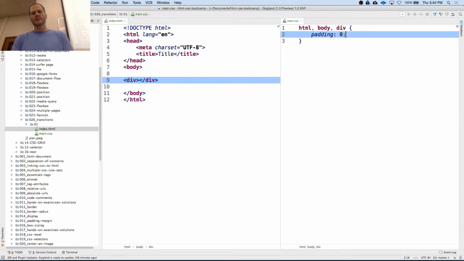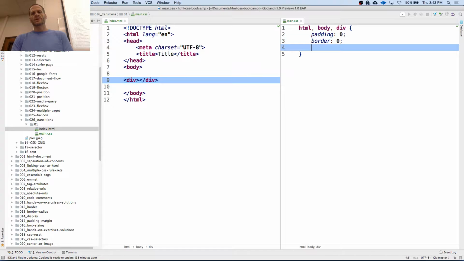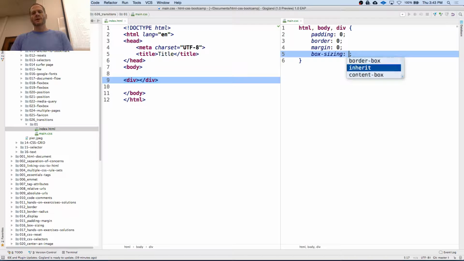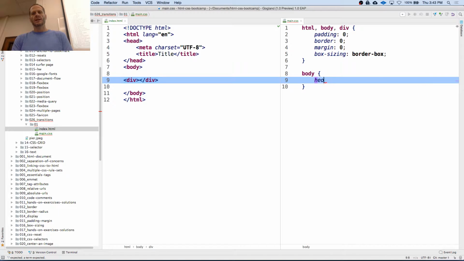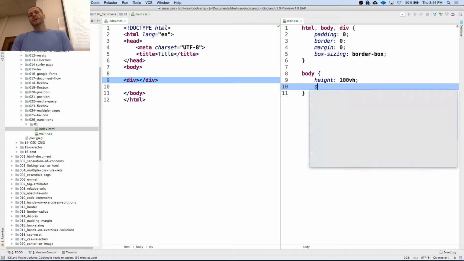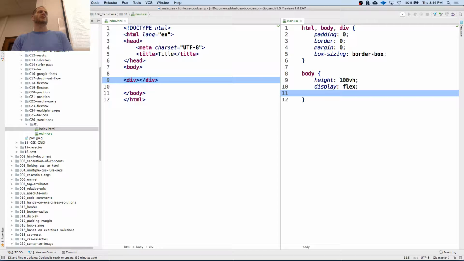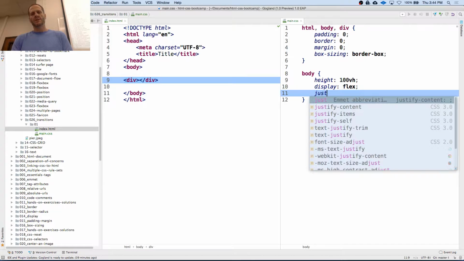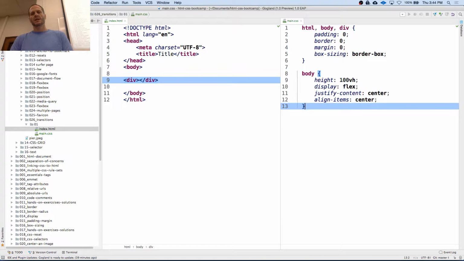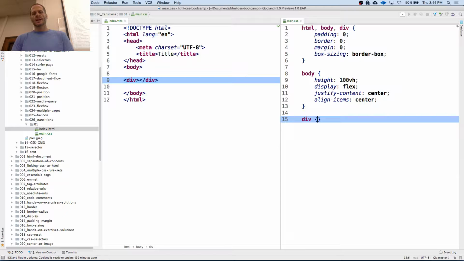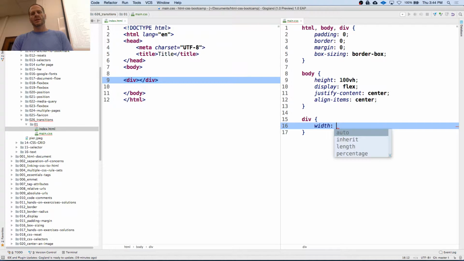So padding 0, border 0, and margin 0, and box sizing border box, and then we're going to do body height 100 viewport heights, display flex, flex direction row, flex wrap no wrap, justify content center, and align items center. And then we're going to do div, and the div will be a width of